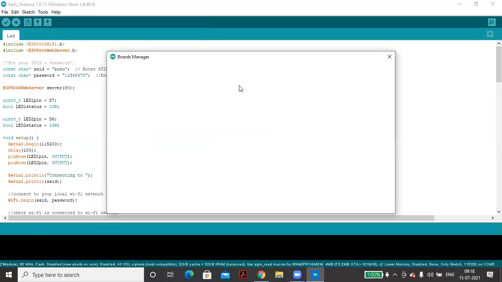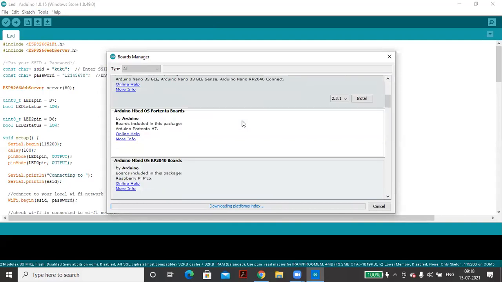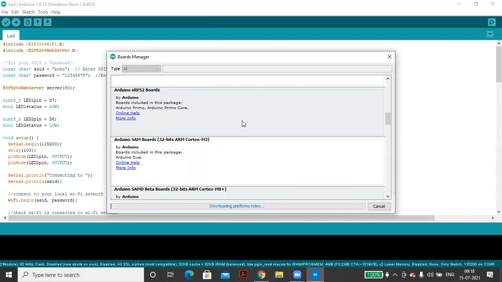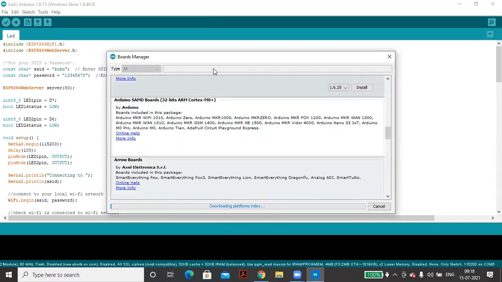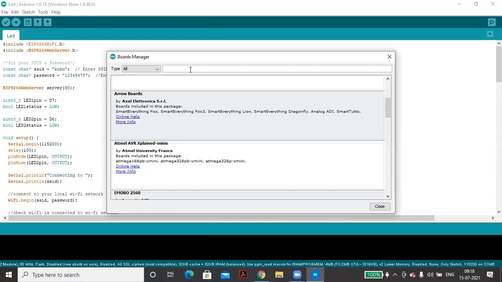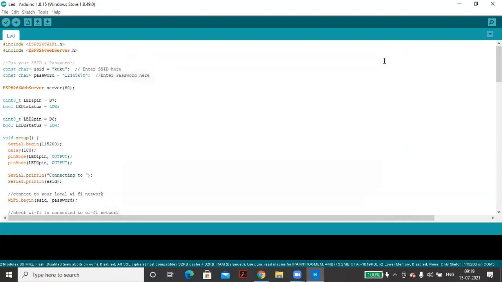If you go to that, you'll see there are so many. If the board you're using is not showing in the software, then you have to download it from here. Suppose we are using NodeMCU, then we'll type here NodeMCU. It's showing ESP8266 as installed. If you have downloaded the new one, maybe it will not show, so then you have to install it. After installing, your problem will be solved.